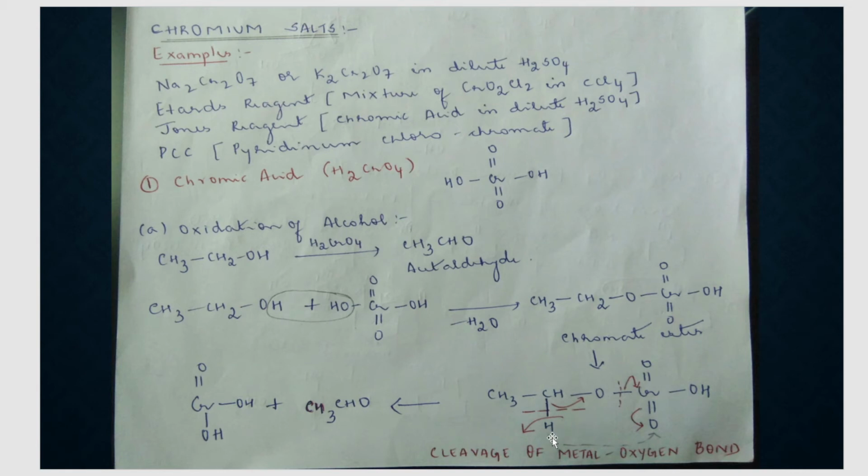First, let us remove this proton. Hydrogen goes out as H plus ion. So what happens to this bond? This bond shifts between carbon and oxygen as a double bond, C=O. Since one bond is shifting towards oxygen, one more bond on this side will shift away from oxygen onto chromium. So here there is a bond breakage. This step is nothing but cleavage of the metal-oxygen bond. Which is the metal here? Chromium. Oxygen is there. Cleavage of this bond is explained in this particular step.